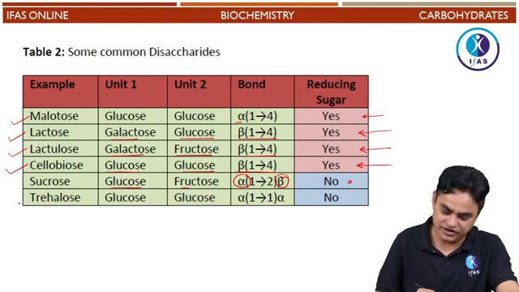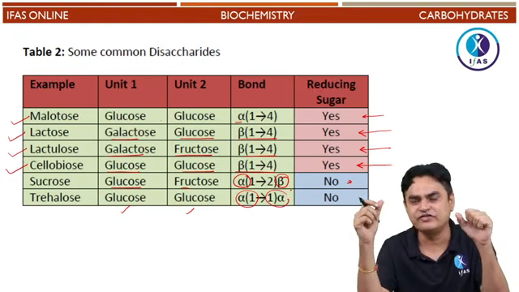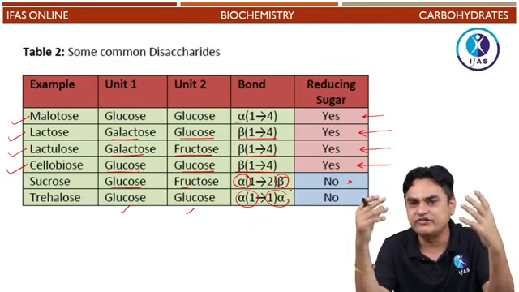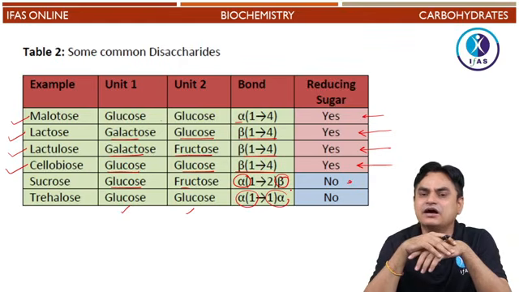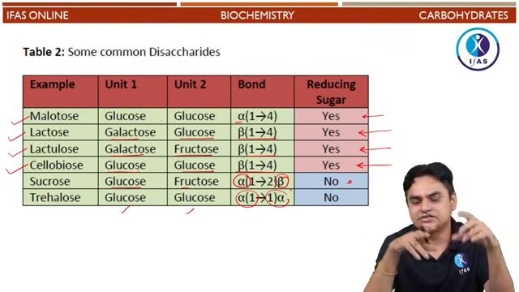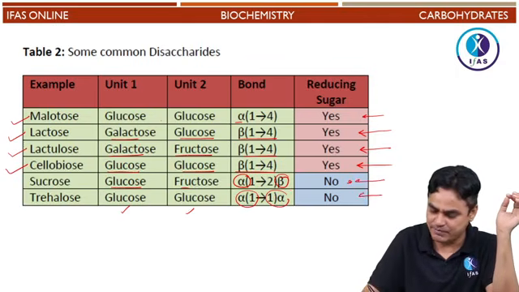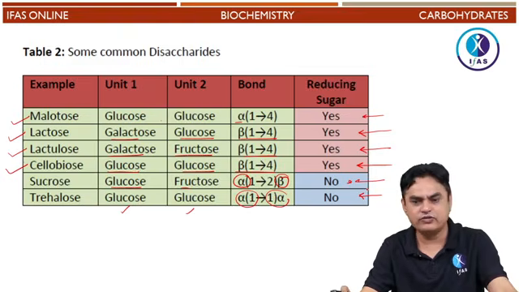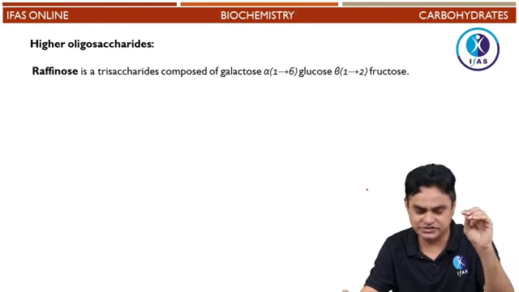Cellobiose, obtained during the hydrolysis of cellulose as an intermediate, has 2 glucose residues with a beta 1,4 linkage, again a reducing sugar. Sucrose has glucose and fructose, linked alpha 1 from one side and beta 2 from the other side, it is a non-reducing sugar. Trehalose also has 2 glucose residues, but there is a head-to-head glycosidic bond. Alpha 1 from one glucose and alpha 1 from another glucose are interacting together in trehalose. It is a disaccharide present in the hemolymph of insects, and it is a non-reducing sugar. So these are some of the important disaccharides.